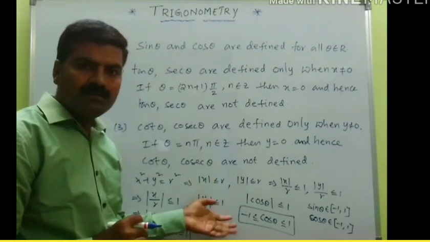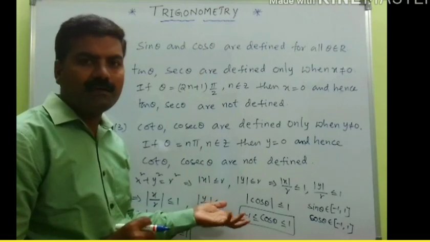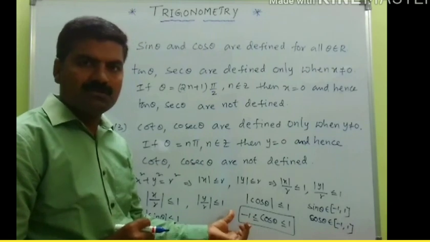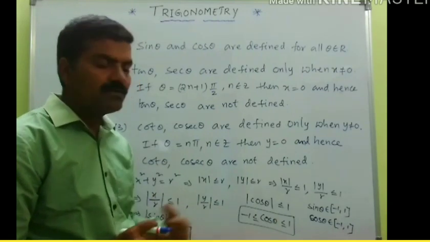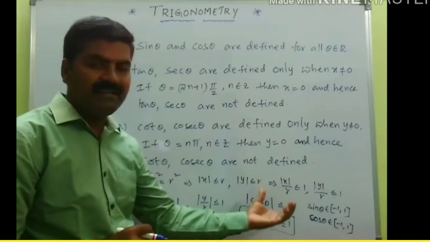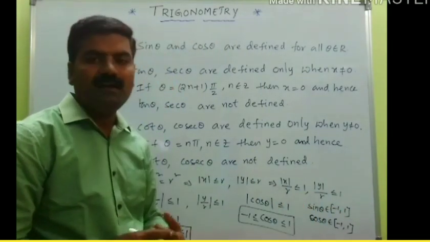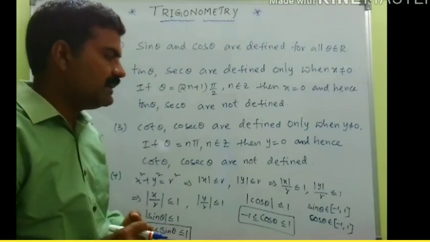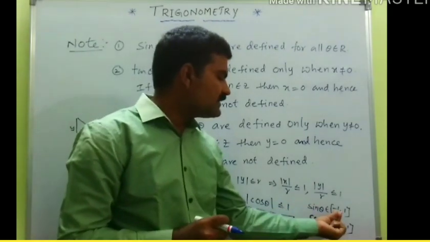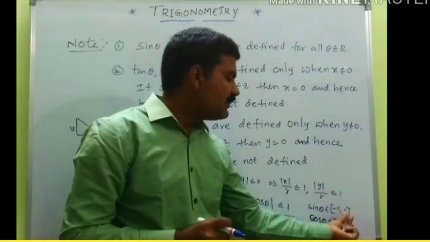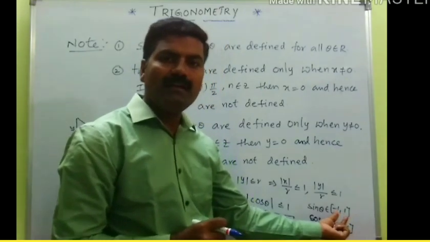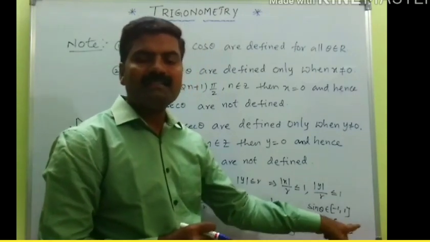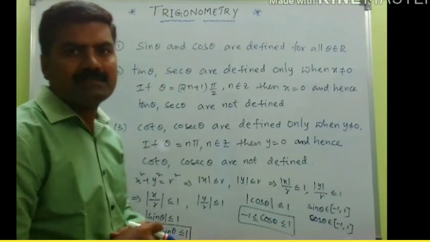Regarding this, you will understand more clearly in the coming classes. Right now, we cannot give more details on this concept. Slowly, in the coming days, you are definitely going to know about this range. This is called the range of sine, the output, minimum value and maximum value. We already discussed this in quadratic expressions and quadratic equations, isn't it? So the minimum value of sin theta is -1 and the maximum value is +1. Similarly, the minimum value of cos theta is -1 and the maximum value is +1.